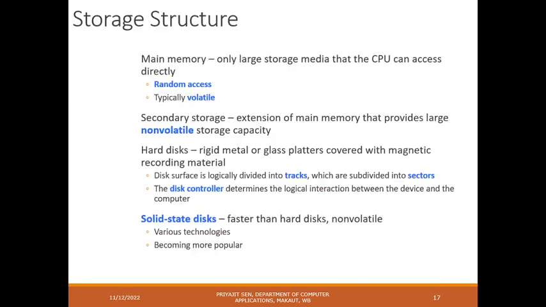In the storage structure, you can see that storage can be random access, that is actually the main memory, where you have a large storage medium, but this is volatile. Basically when the power is not there, it loses everything. Also the operating system is loaded in the RAM when the computer starts, but the operating